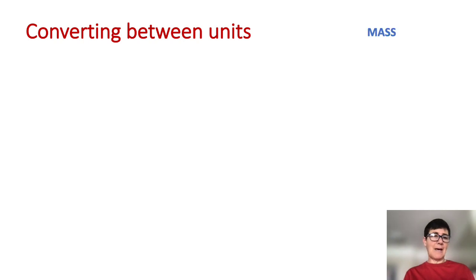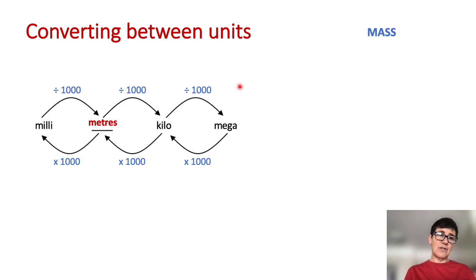If we now talk about mass, I'm going back to this universal one, and instead of metres, I'm going to put grams. So this would be milligrams, kilograms, megagrams. I can go further. I can go micrograms. I can go gigagrams. All right, we can go further both ways, but these are the units that we mostly deal with. And if I'm going to turn 5.2 kilograms into grams, I'm going to just do what it says. Times by 1,000, 5,200